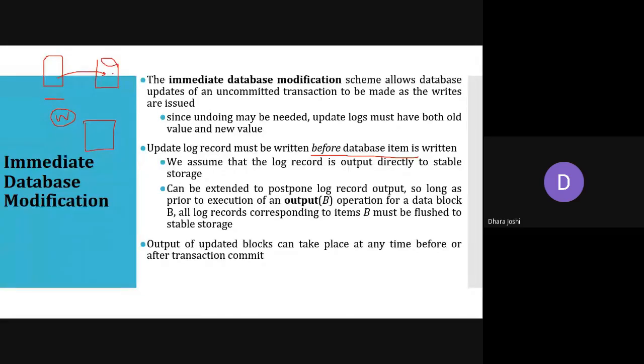Whenever we have a write operation, we do the same thing. The order in which blocks are output can be different from the order in which they were written. It may be possible that we have five write operations in one particular transaction, so the order we follow may differ while we transfer the data from main memory to the disk.